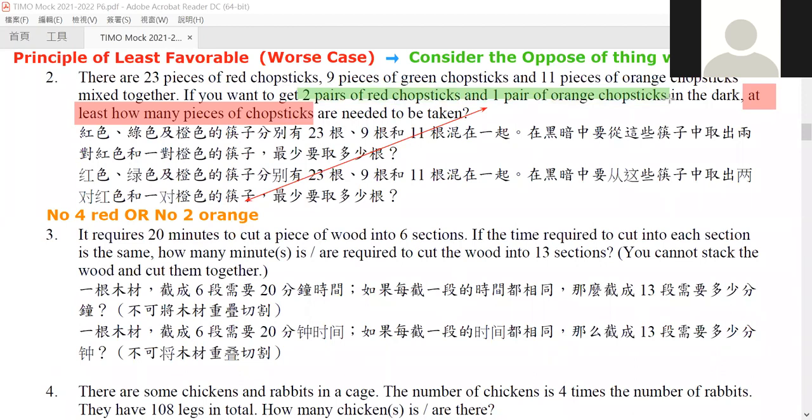Because we want 2 pairs of red chopsticks, we want 4 or more red chopsticks and 2 orange chopsticks. So what's the reverse of it? Either you do not have 4 red or you do not have 2 orange. So this is the direct opposite. But once you think about this, you may find that it is much easier because we can separate them into 2 cases. One is the first one, no 4 red. The other is no 2 orange. Now let's consider